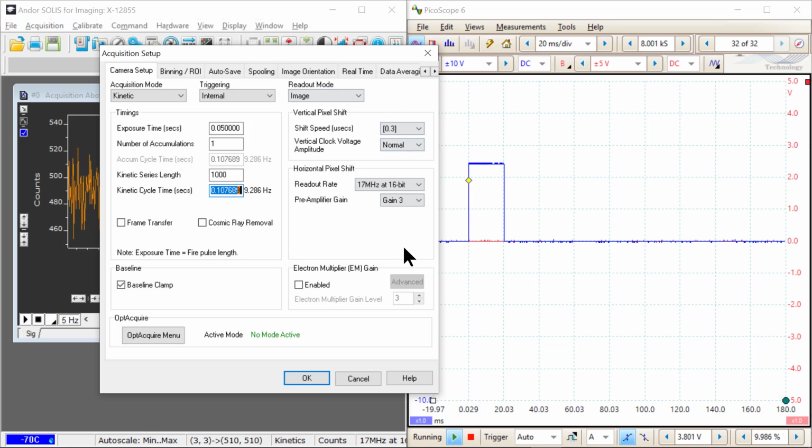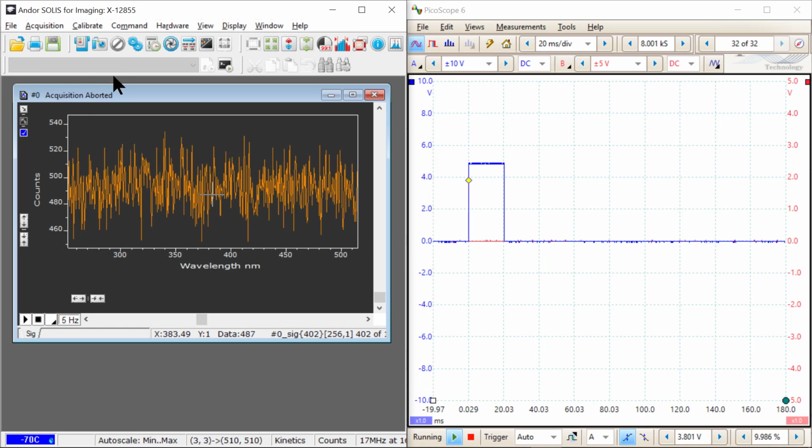And then the rest of the acquisition settings are here in terms of EM gain, readout speed, and so on. I'm not going to worry too much about that. I'm not worried about my image quality right now. I just want to show you timings. So what is internal triggering going to do? When I hit acquire,